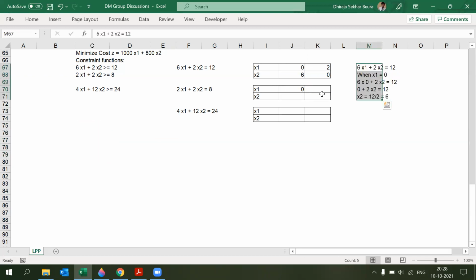To solve the equation, we have to start with 0 first. My recommendation is always take one variable as 0, then solve for the other variable. Then for the other coordinate, take the other variable as 0 and solve the equation, because that becomes very easy. Once one variable becomes 0, the calculation is not complicated anymore. Now, if you take x1 as 1.5, obviously you can calculate coordinates, but why take decimals? It makes calculation so odd, right?